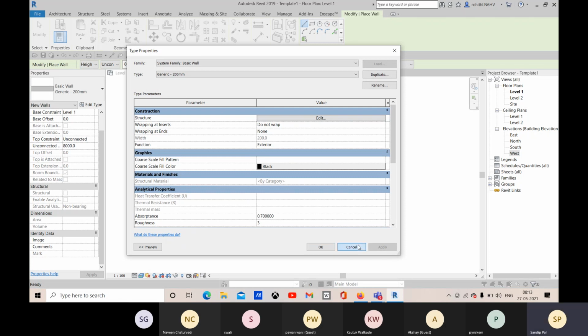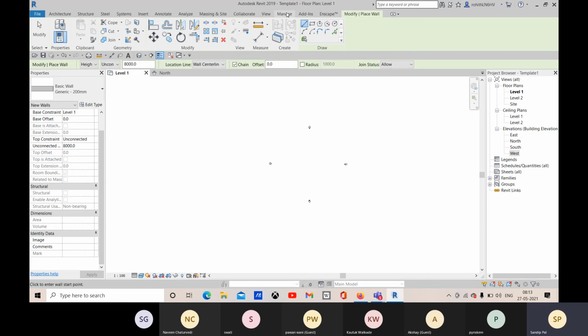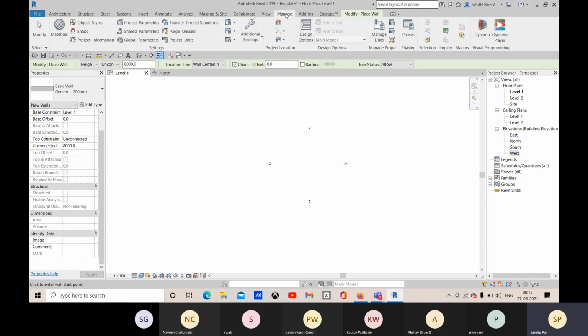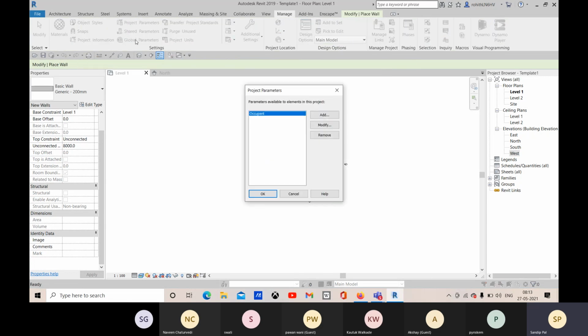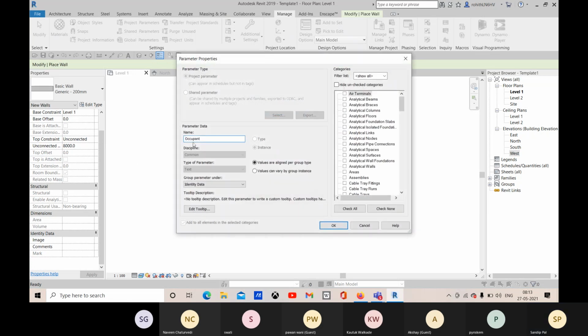All right. So let's see how we can add that. Go to manage and this project parameter. Okay. Let's go to modify, and here we need to set. Okay. Before setting the parameter data, we need to choose the category. So that will be added for walls, right? Not the rooms. Let's uncheck this room. Only select that particular category.